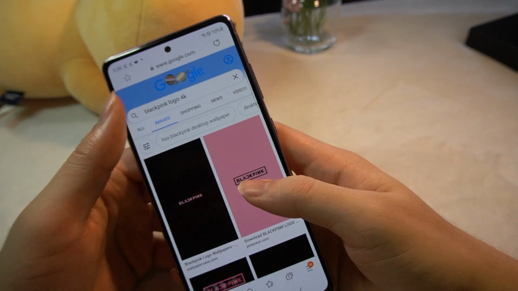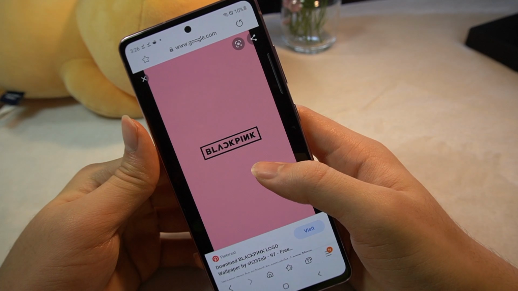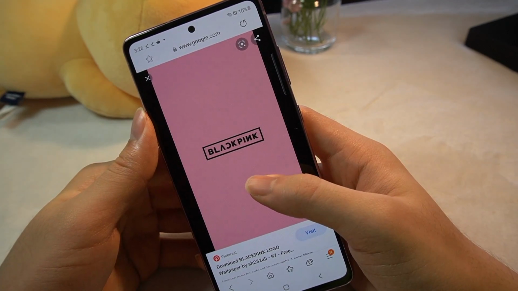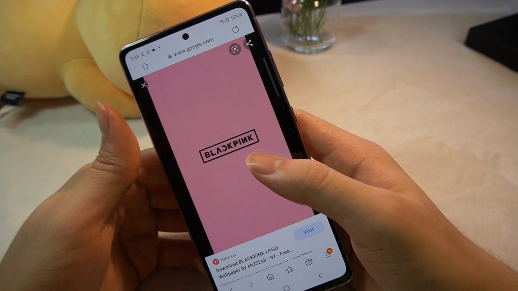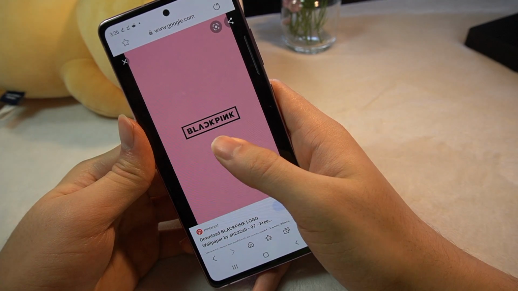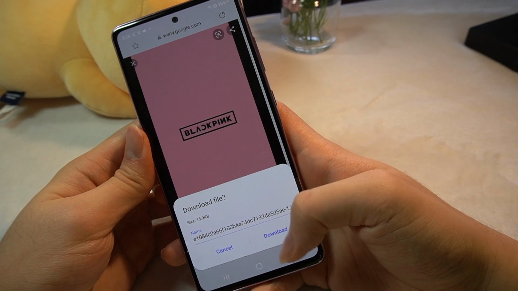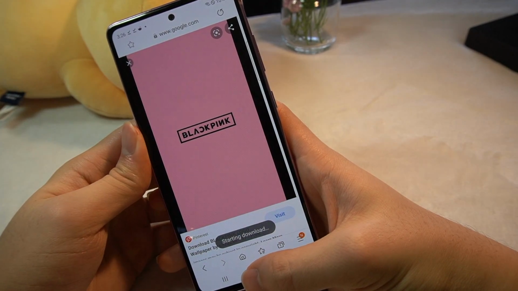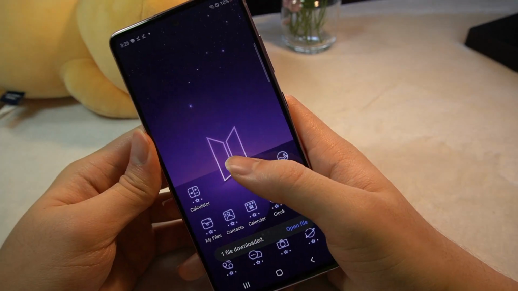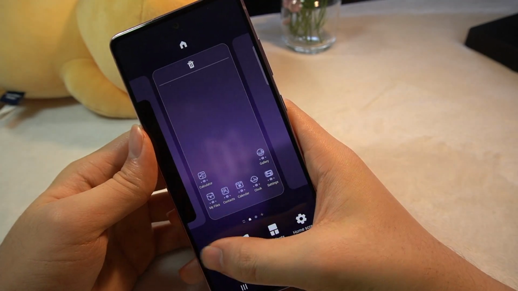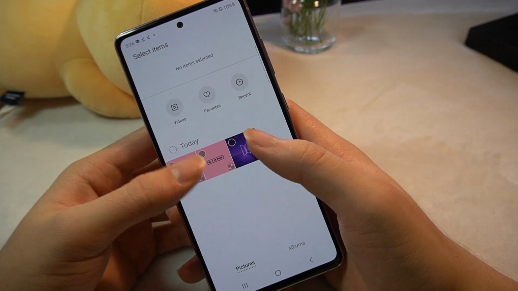And these pop up, and I'm gonna save this image to my camera roll, and set it as my wallpaper. Okay, now that I have downloaded it, I'm gonna set it as my wallpaper.